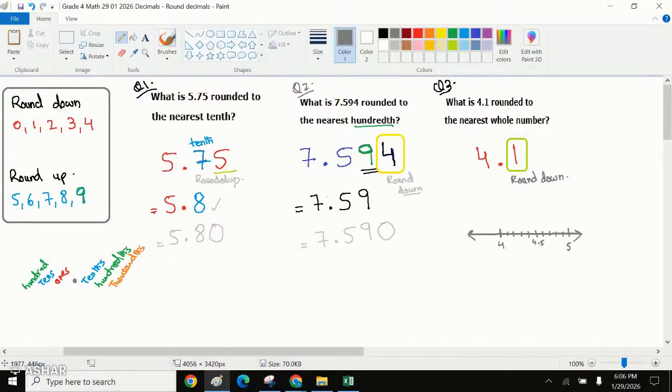The given question was 4.1. If we need to round it off to the nearest whole number,